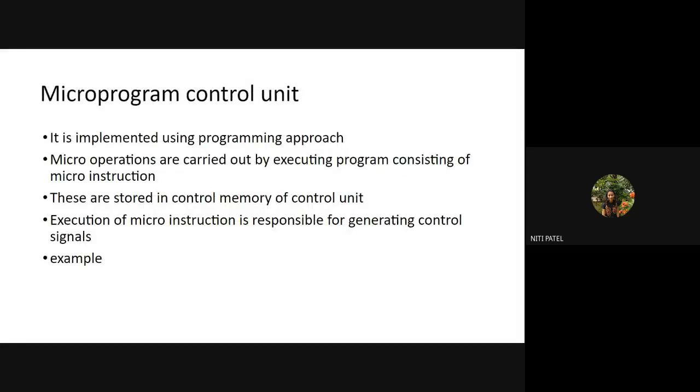Third entry in the table is S2, Q is equal to in bus, control signal C3. Fourth entry Q0, Q1, either 0, 0 or 0, 1, 0, 0 or 1, 0. For the next state, S3, A is equal to A minus B, control signals C5, C6, C7, C8. This is how your state table will be prepared: 3 columns, first state number, second name of the operation, third column control signal number. Okay, clear up to here?